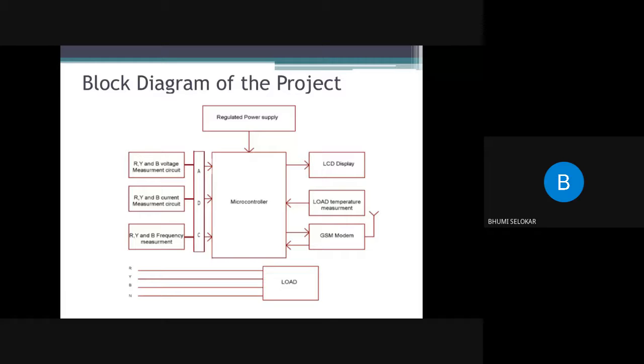Here the main and central processing device is the microcontroller. The microcontroller is programmed in such a way that it sends input parameters to a remote GSM mobile through the GSM network. It receives control signals that are sent from the operator and with those signals it controls the relay and buzzers.